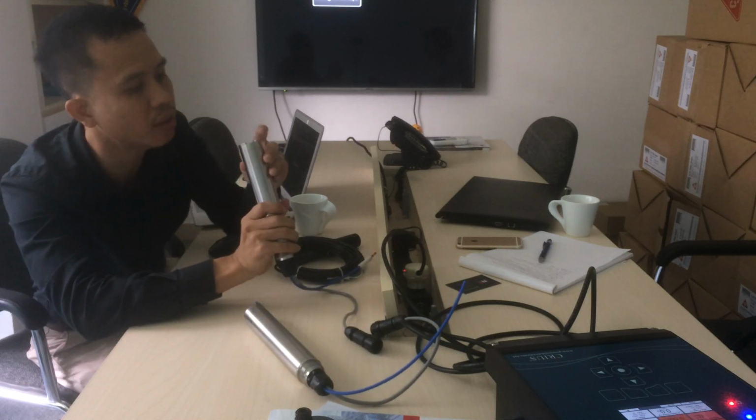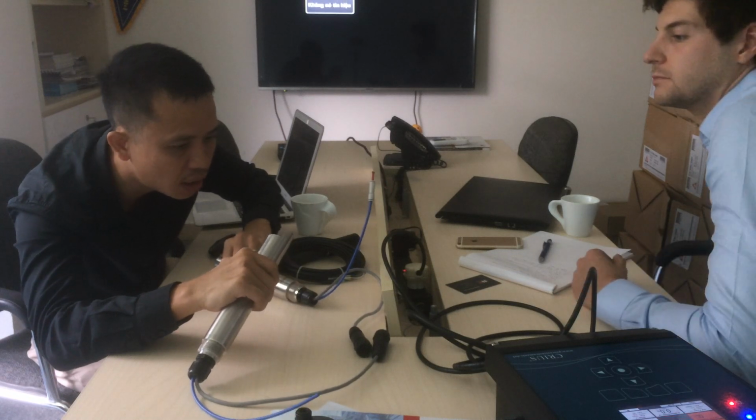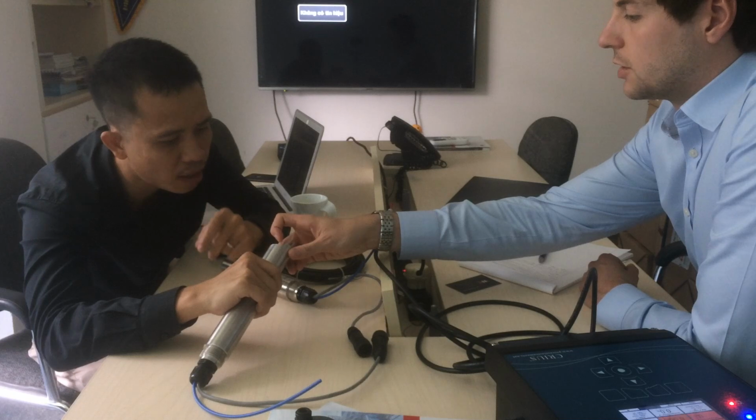So I understand how to clean this model. Yeah. So can you see the holes? The small holes, that is the air, across the